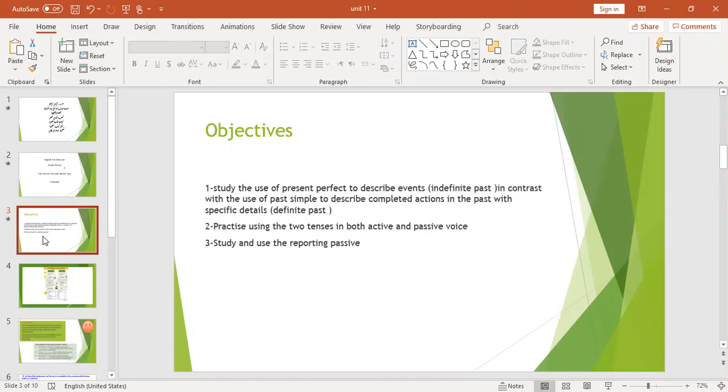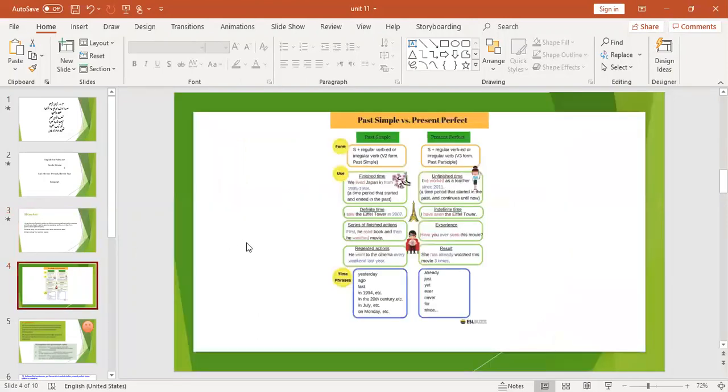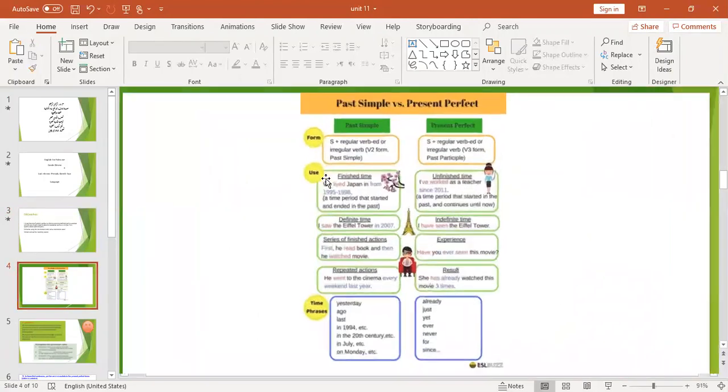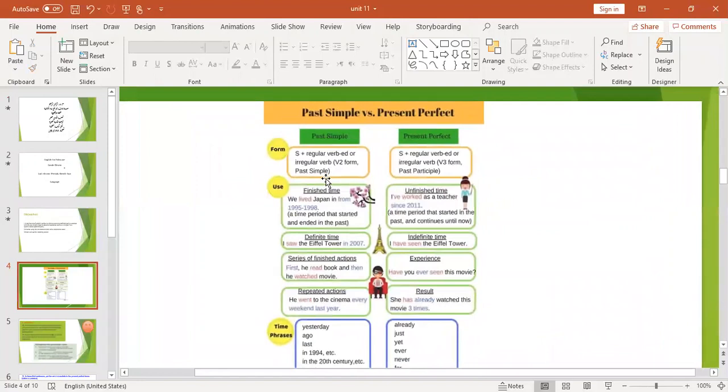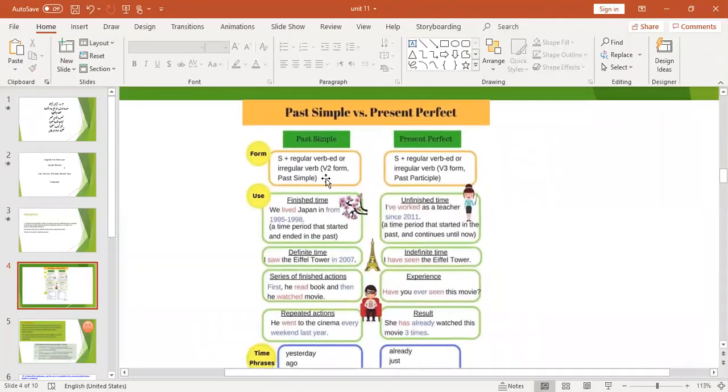Secondly, we are going to practice using these tenses in both active and passive voice that we discussed in Unit 10. And finally, we are going to get introduced to a new type of passive construction, which is called the reporting passive. Let's start with the first objective, that is comparing the past simple versus the present perfect. First of all,